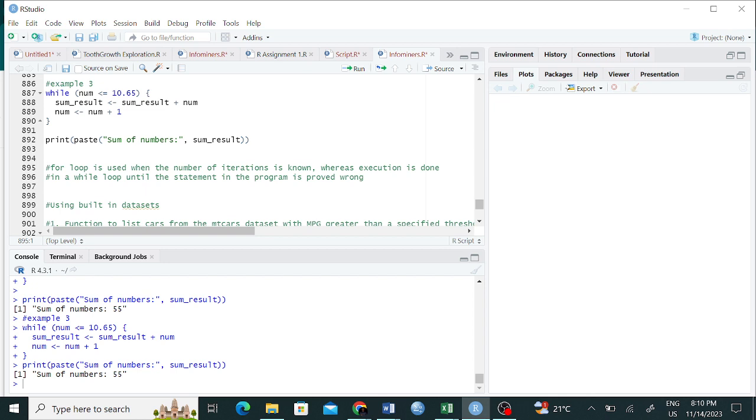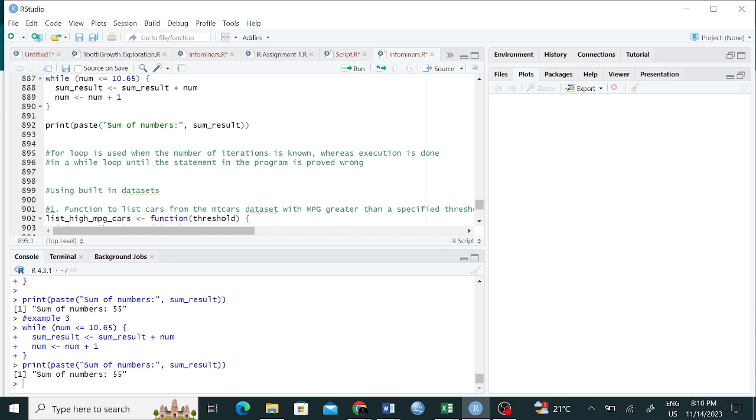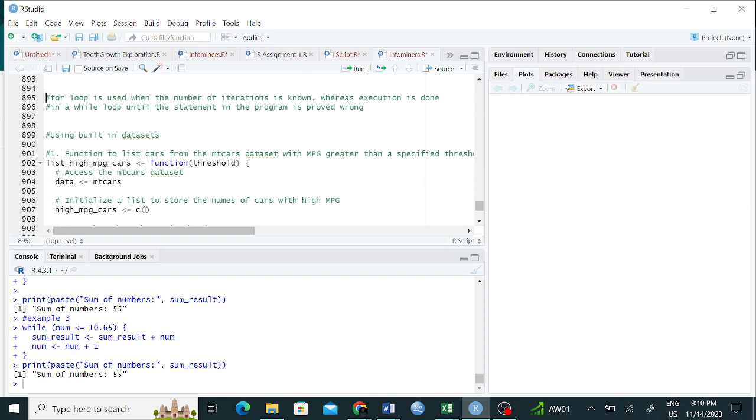Yeah, but I mean the difference between while loop and for loop is just the fact that you can know the exact number of iterations in a for loop, but you sometimes may not know all that information in a while loop.